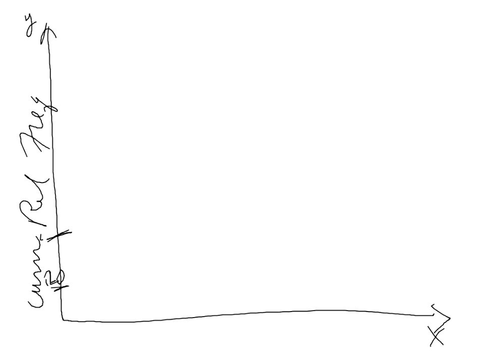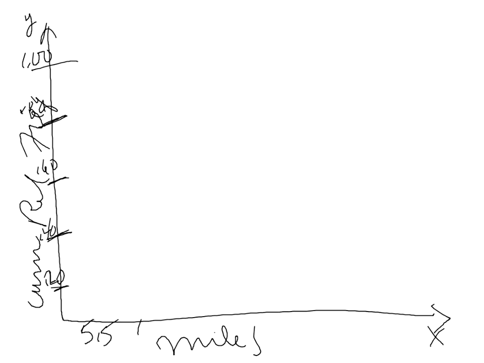0.20, 0.40, 0.60, 0.80, and 1.00. Okay, and then we've got our class boundaries on the x-axis. This will be miles, by the way. So our first one was less than 5.5, 10.5,